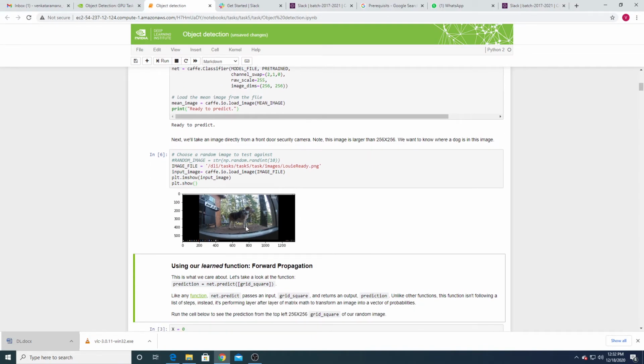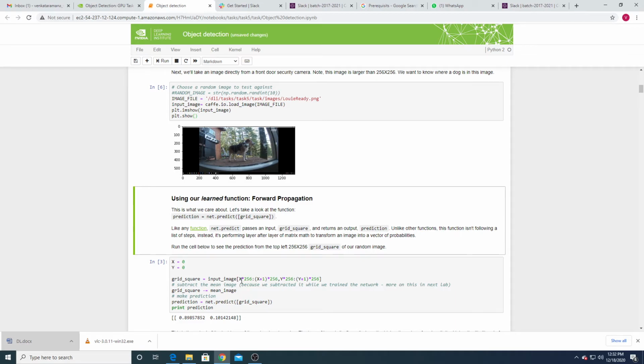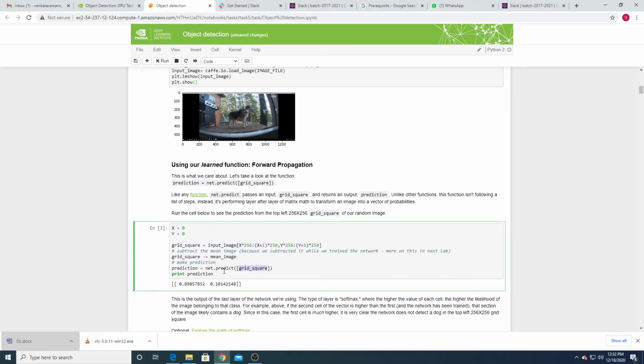That's how we can do that, you can see here. X0, Y0, that means this section. Now I will increase X by 256, that means it goes from 0 to 256 and along 0 to 256, and this section I will extract and pass that section, that grid, to this net classifier and run it. So see what happens. It will give the highest probability to the first label. That means it's not a dog. If it is a dog, then it will be highlighted, and it will give the highest probability for the second label. That means it is a dog.